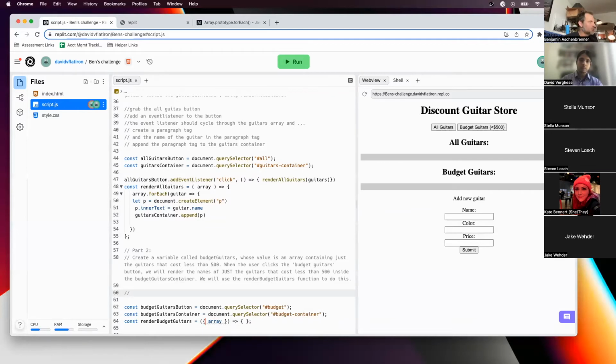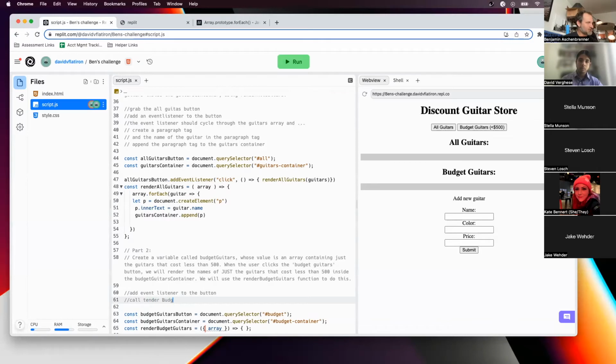So I don't need to grab the button, but I need to add an event listener to the button. And what's happening in the event listener? I'm going to call the render budget guitars in the event listener callback and pass in the